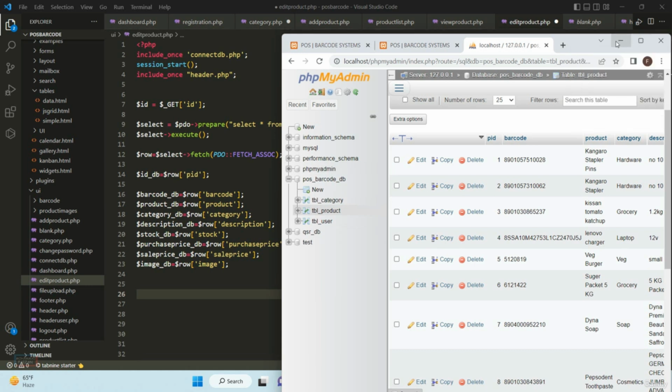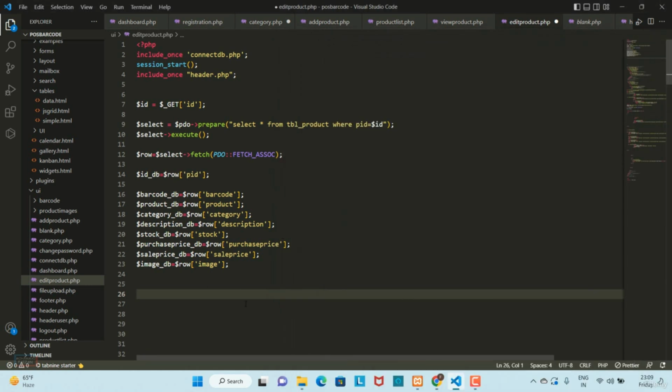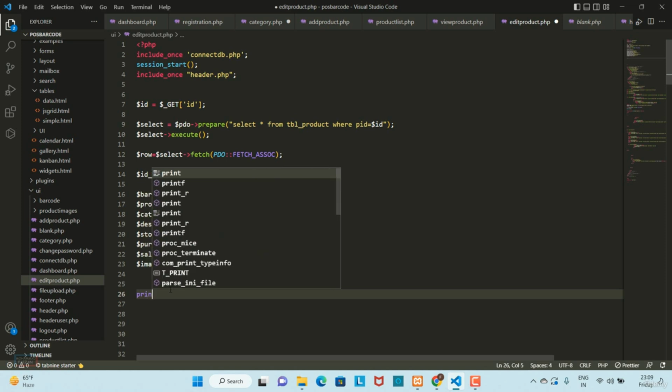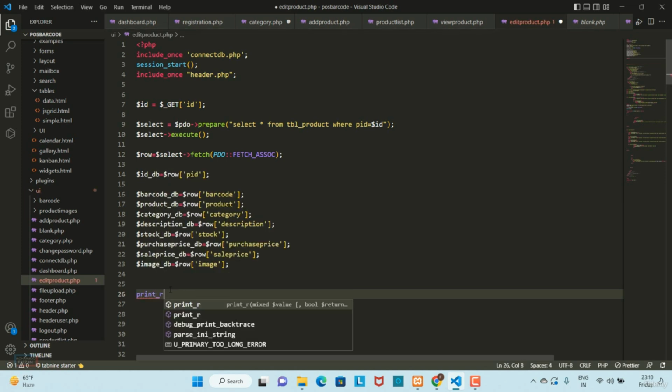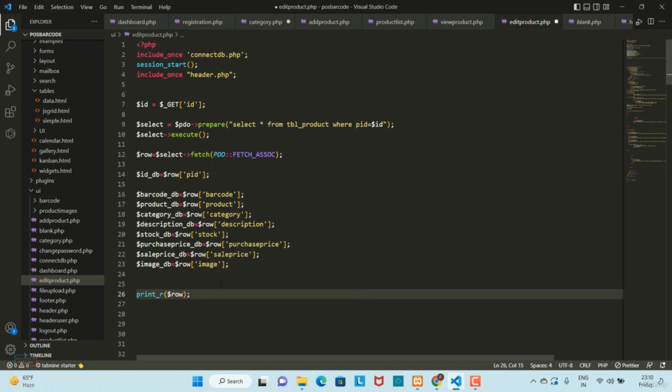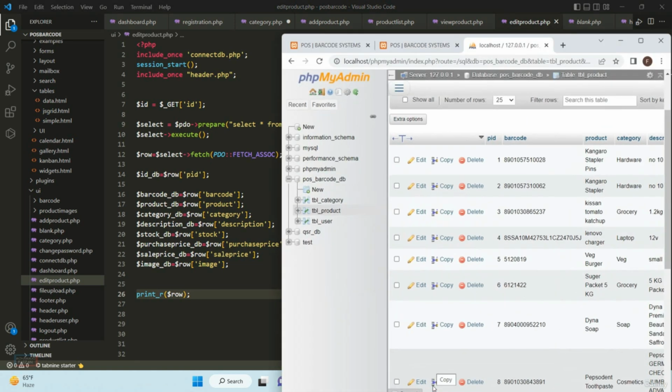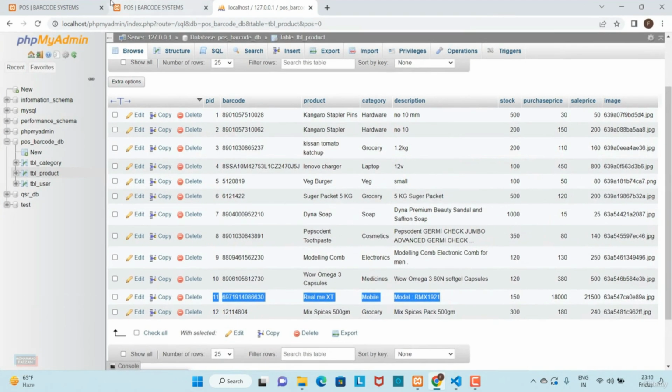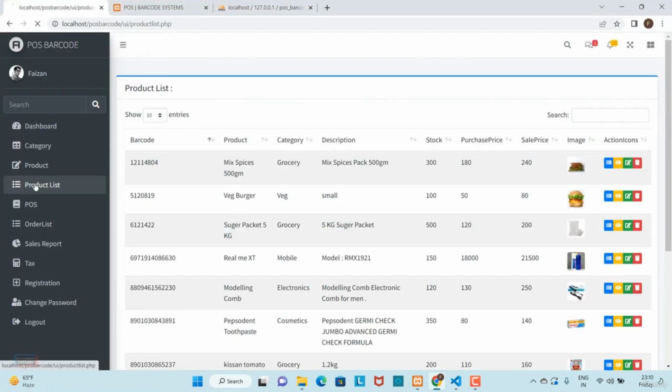Okay, now let me show. First save our file, and I can show the value using a simple method whose name is print_r, and in this method I will pass $row and then terminate. Let's save, and let's try to see the values, okay, according to the ID. So open our browser, maximize it, and let's go on product list and click here